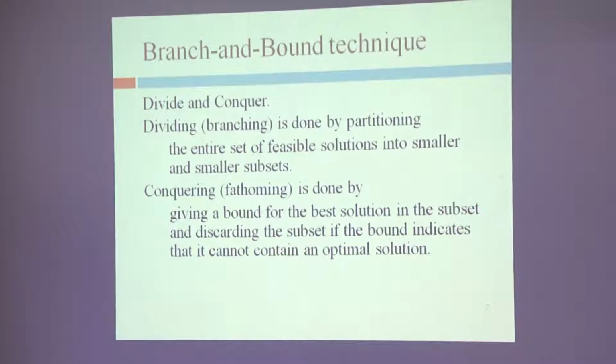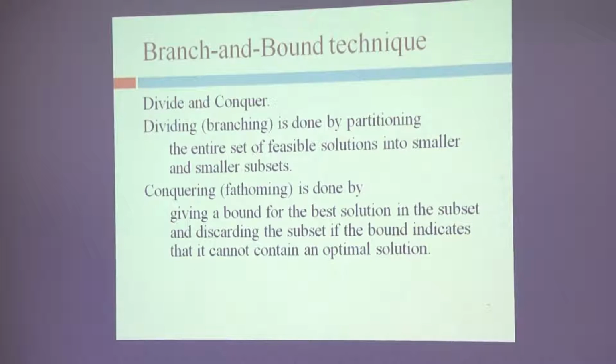This is where we are bringing in the word bound. Branching we had already seen. In backtracking also we were branching. Now we are bringing in a bound. How are you discarding a particular branch, how are you pruning? Supposing you are interested in maximizing, and you have already got something. If you go along that branch, you will get the upper bound as 100. I have somehow computed that if you go along this way, the upper bound can only be 80. I have got a better solution by going through another branch. Why should I try this? I will cut it.